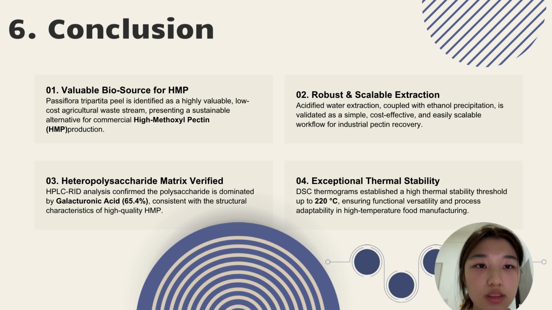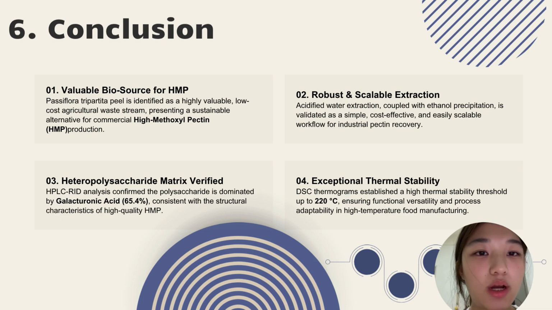In conclusion, our research successfully proved 4 main points. First, banana passion fruit peel is confirmed as a valuable low-cost source for making high methoxyl pectin. Second, our acidified water extraction and ethanol precipitation provides a simple and easy process. Third, HPLC and a refractive index detector showed a strong structure with 65.4% uronic acid. Fourth, DSC results show it's very stable against heat up to 220 degrees, making it easy to use in food